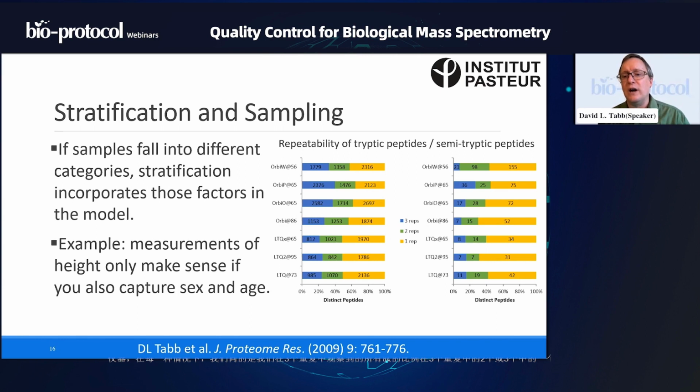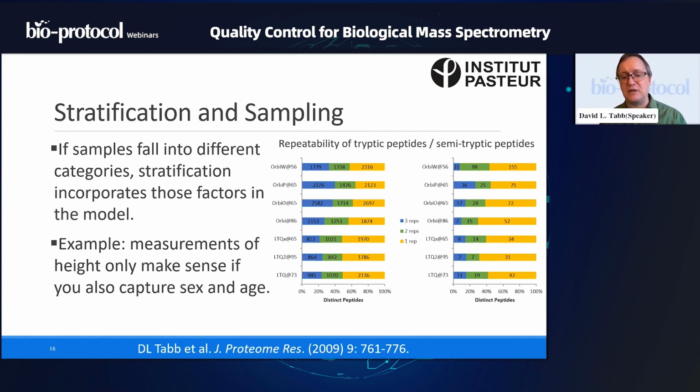And in each case, we're asking what fraction of all of the peptides identified were observed in all 3 replicates, in 2 of the 3 replicates, or in 1 of the 3 replicates. So you see that the blue bar is the number that we're seeing in all 3 of the replicates. The green is 2 of the 3, and the yellows are the 1 of the 3. At the left, we're looking at fully tryptic peptides, which is to say that this peptide conforms with what trypsin should be cutting on the N-terminus and what it should be cutting on the C-terminus.